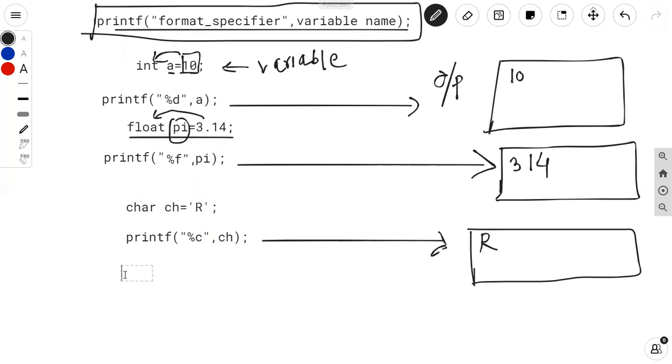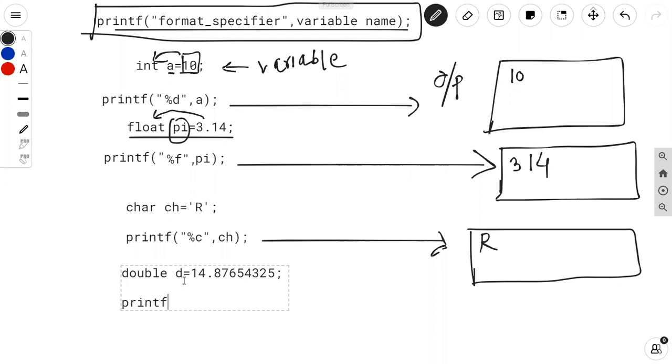Similarly, you can use a double value also. Okay. Suppose I am declaring one data type, double d is equal to, it contains the long floating point value like this. Okay. Suppose I want to display this value on the screen.